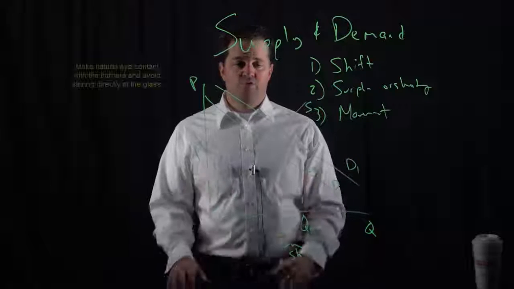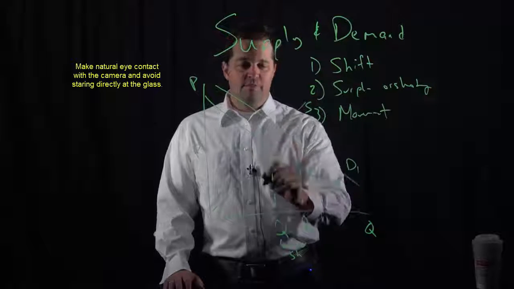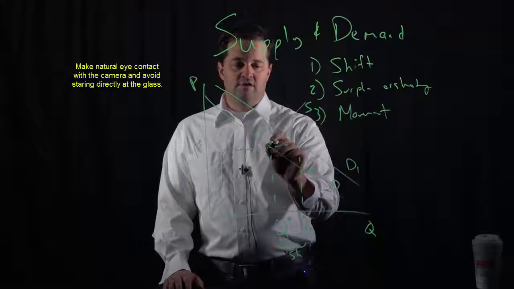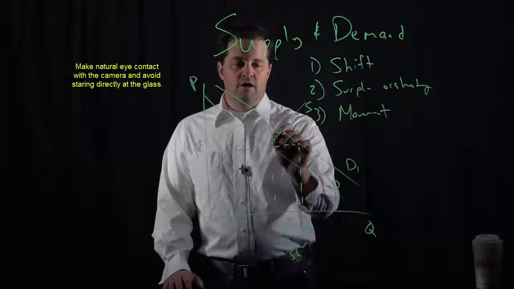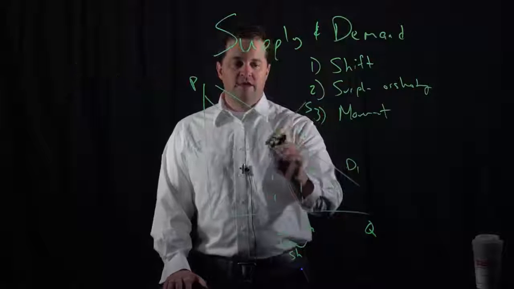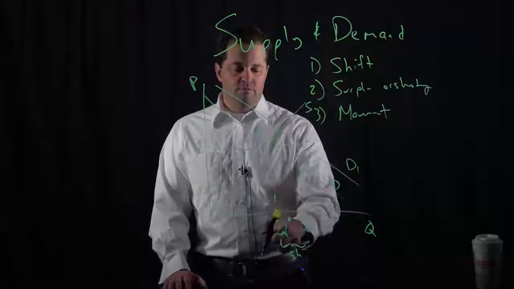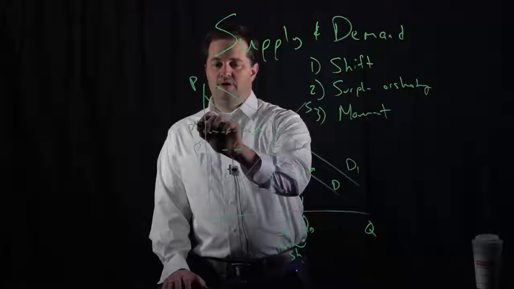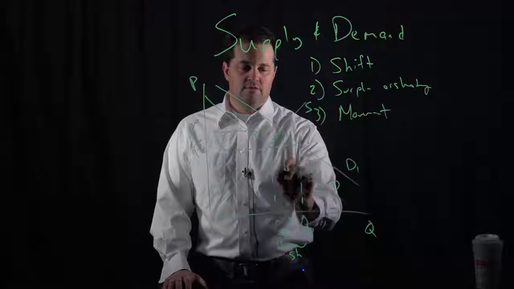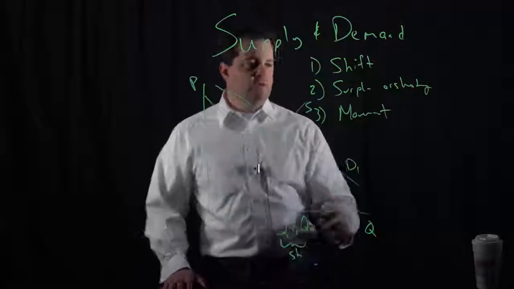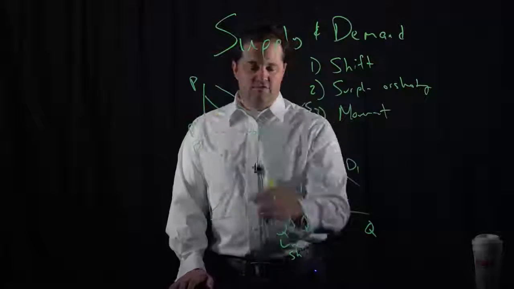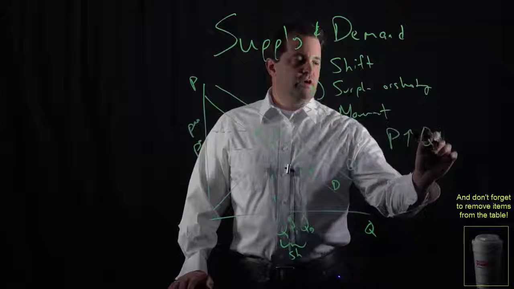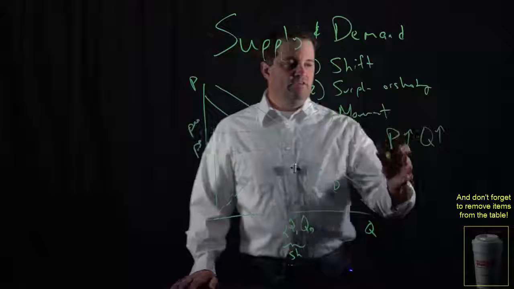So in order to relieve the pressure from the shortage, what has to happen is that price is going to increase. And as price increases, we're going to see some suppliers increase production because they can cover the costs associated with moving from the old quantity supplied to a larger quantity supplied. That means that price is going to rise. We get to a new equilibrium of P star, Q1,